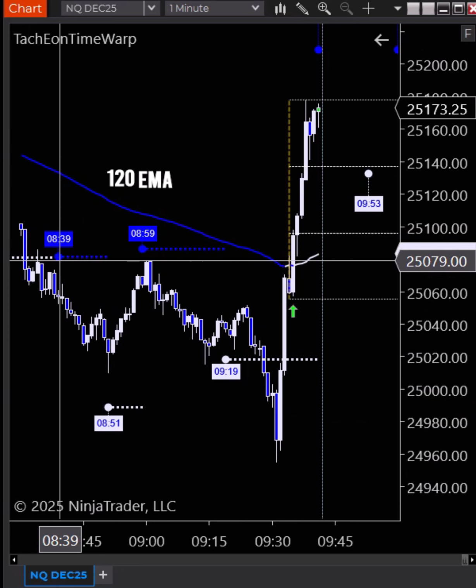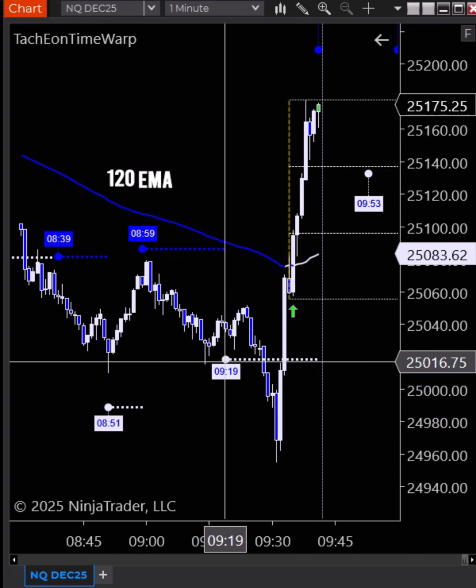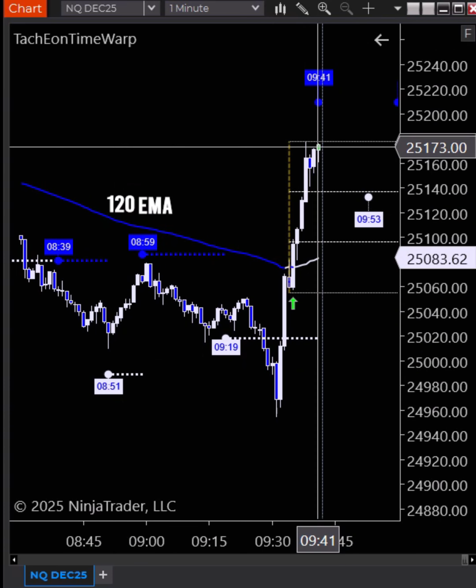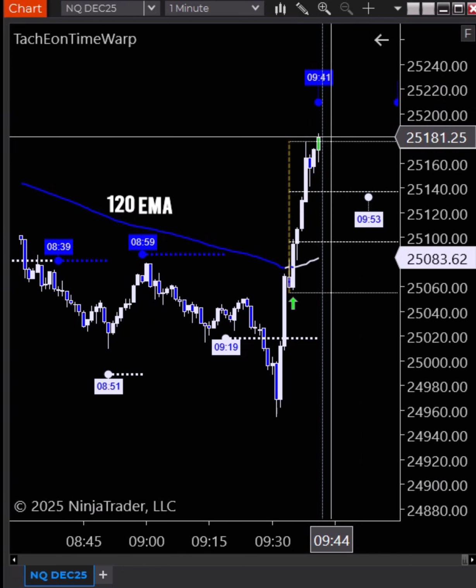Because you're going to see down moves at 839 and 859. You're going to see up moves at 851 and 919 and 953. You're going to see down moves at 941 or sideways profit-taking moves. This is what's happening